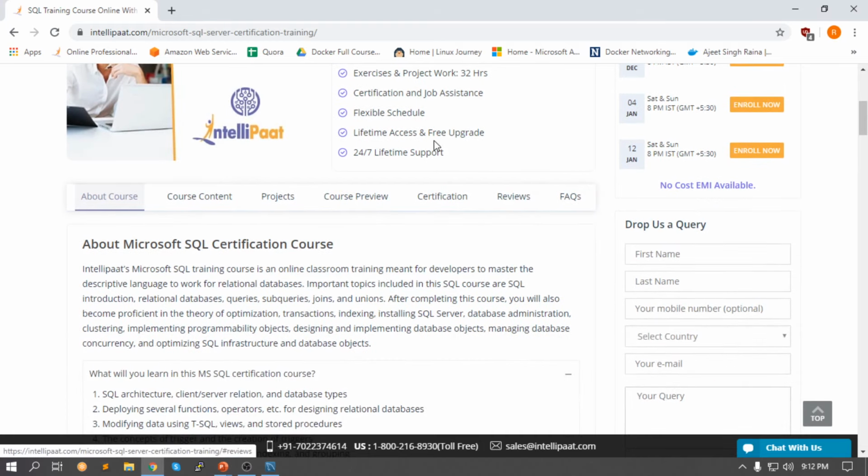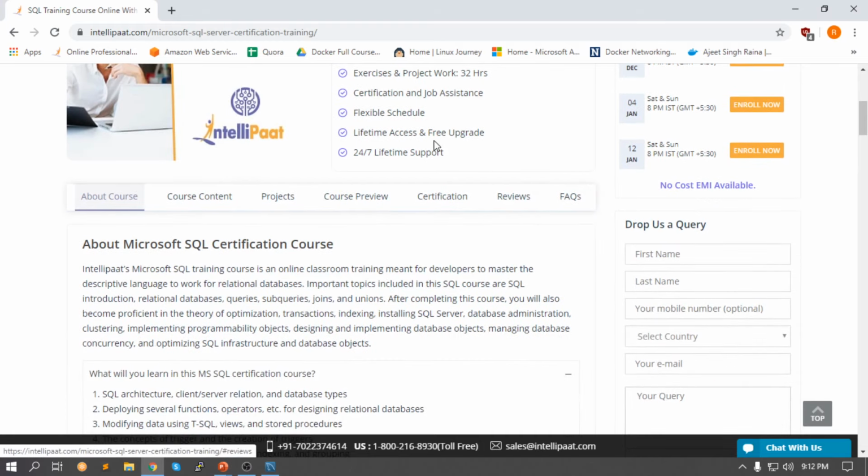You just have to come to the Intellipaat website, where you can check out our Microsoft SQL Server certification training program. There you can get a detailed look at our curriculum, and you can download the curriculum as well. You can get a first hand look at the projects you'll be working with, the industry, the problem statement, and the highlights, and you will have multiple projects to work on. And if you just want to take a look at a sample video before picking the course up, you can click on the link and you will be directed to our sample video tutorials as well.